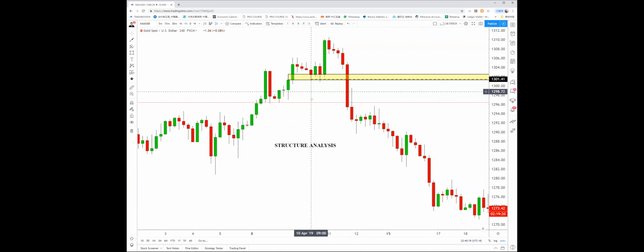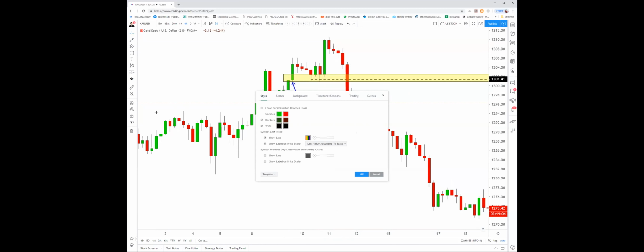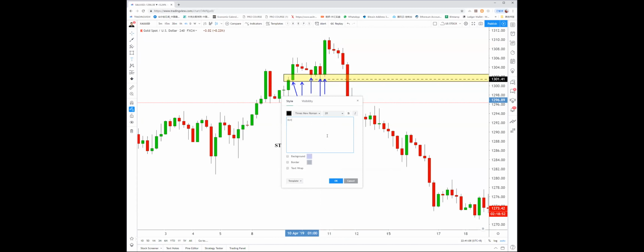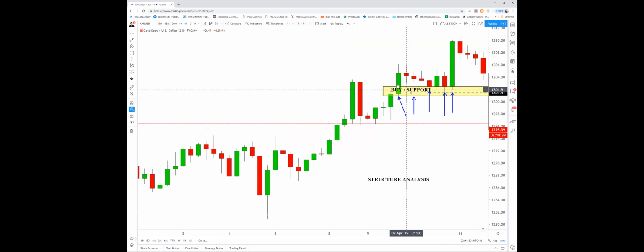Okay, let's start. On April 10th, if you can see here, 1, 2, 3, 4, 5, 6, 7, all these 5 candles, including here 6 candles. Tell me, are they representing buy force or sell force? What kind of behavior do they make? Tell me. It's buy, right? It's very obvious. It is a buy. It is a support. It is demand. It is a key support. A lot of people are buying from here. Do you agree that all of the candles keep buying from 1302,